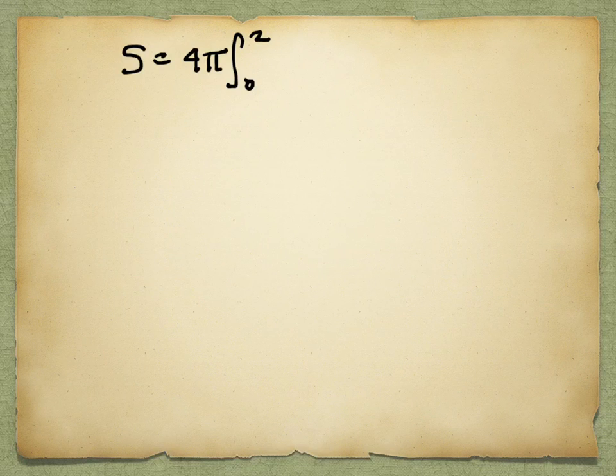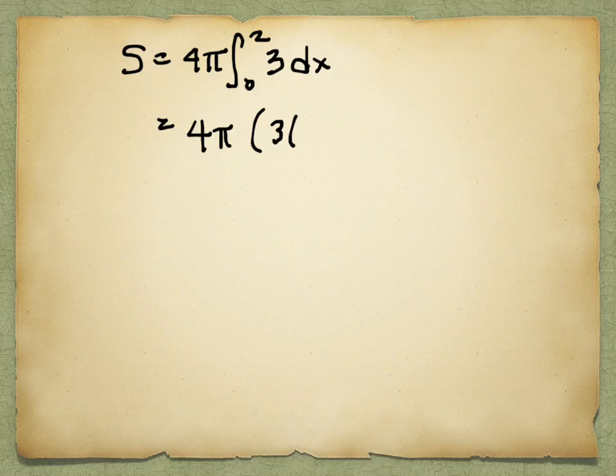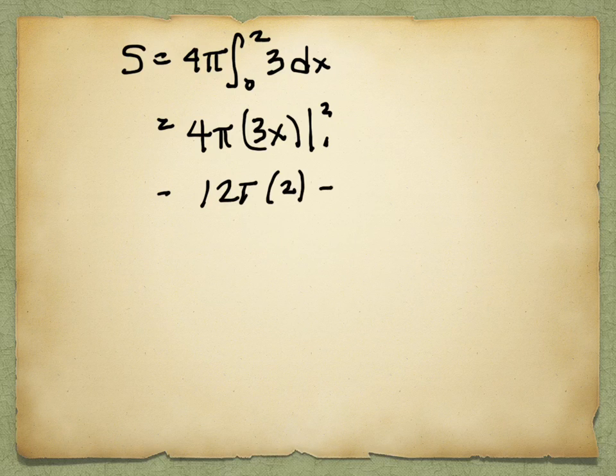There we go. So the antiderivative I'm going to be taking is just the antiderivative of 3, which I love. I mean, that makes it so much easier. The antiderivative of 3 is 3x, and we evaluate that at 2 down to 0. So I have 4, well, I might as well multiply it. So this is 12 pi times 2 minus 12 pi times 0. And if you think of it that way, or a couple other ways, we can actually say that this is 24